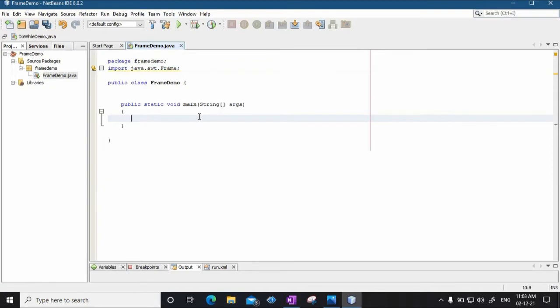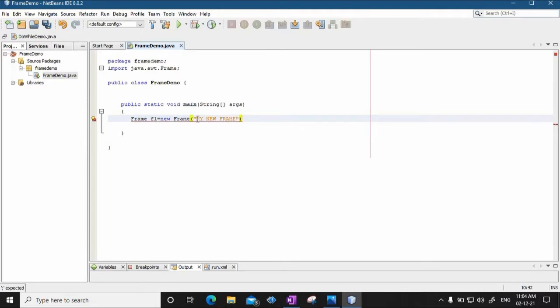Now in public static void main, I will create an object of this frame class itself. So I'll say Frame f1 equal to new Frame, and in the parenthesis I'm going to write the title of this frame. I'll say my new frame is the title of the frame.